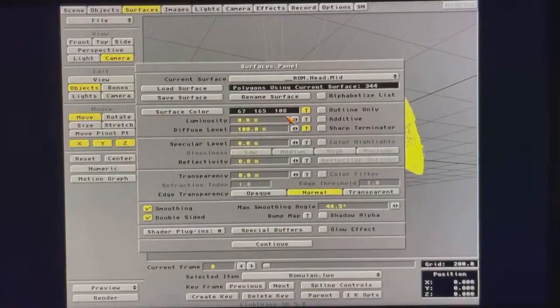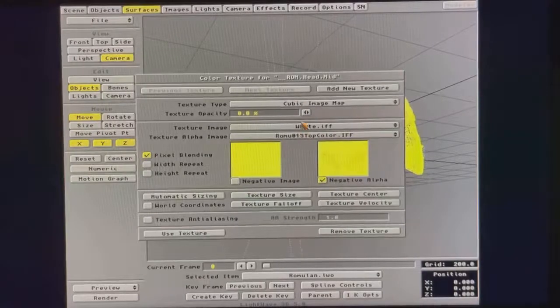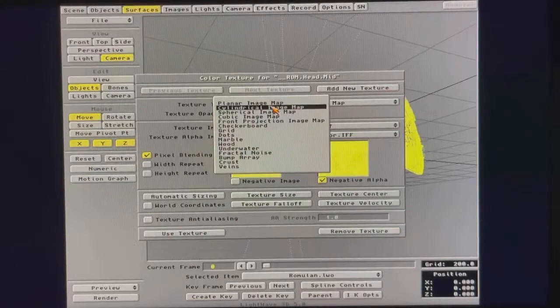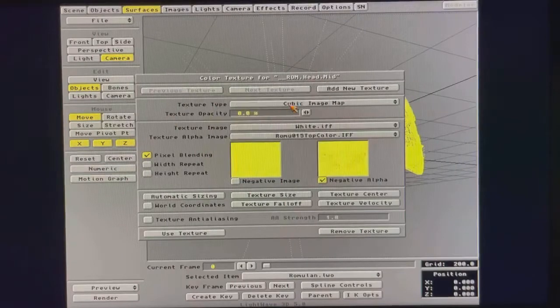So once those images are loaded, you go back to your textures and you can apply them. The different apply modes are cubic, which is the most common, planar, cylindrical, spherical, and then you've got your procedurals, which are mathematical, randomly, fractally generated texturing instead of just using an image. But cubic is the most common, because what this simply does, and I'm not going to get into this advanced,